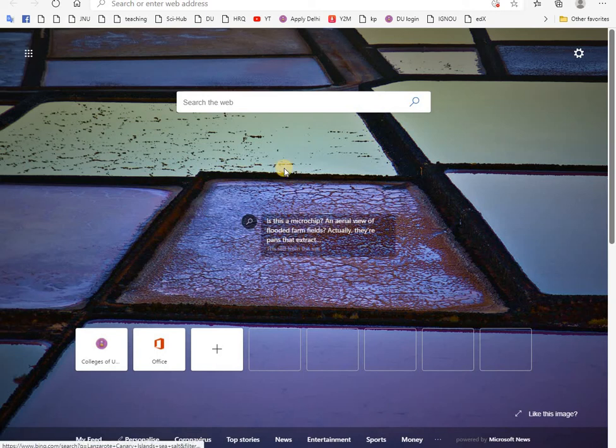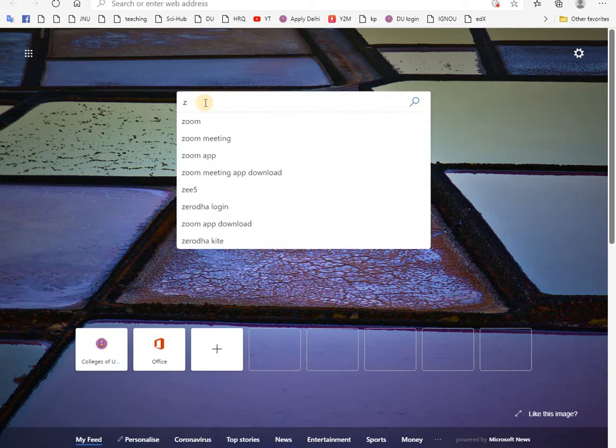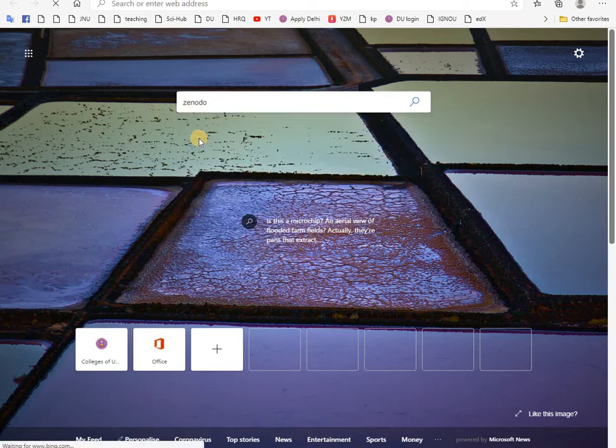Good evening, friends. Today we are going to see how to form a DOI for our article or chapters in books, journals, anything, whatever we want. So what we have to do? First, we have to open the site that provides free DOI, which is Zenodo. So first, I am going to open this Zenodo site.